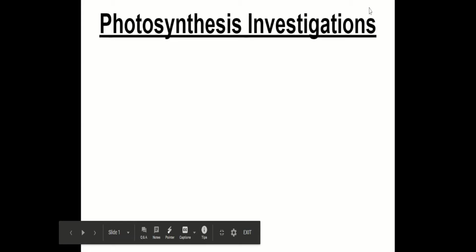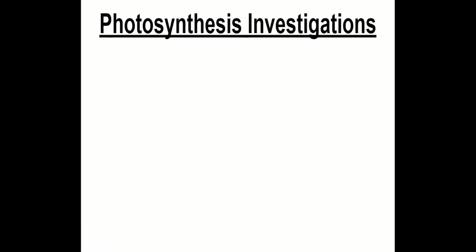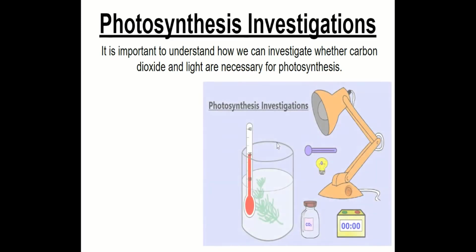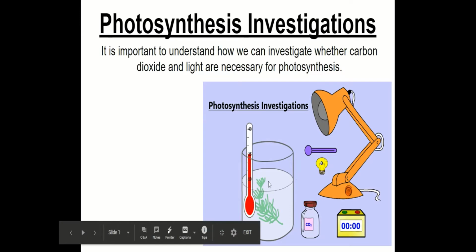In this video, we're going to do some more photosynthesis investigations. We're going to investigate whether carbon dioxide and light are necessary for photosynthesis and what happens when we increase carbon dioxide concentration and light intensity. We're going to use an online animation to help us understand this, where we've got some pondweed in a beaker